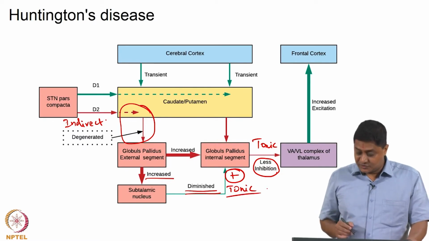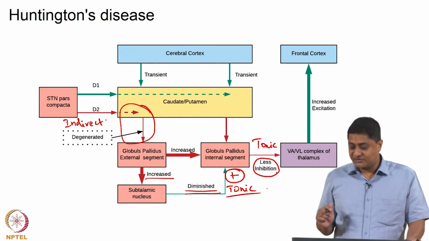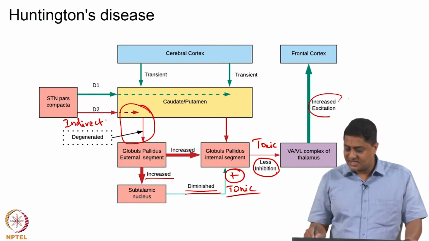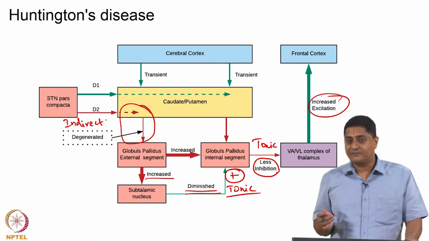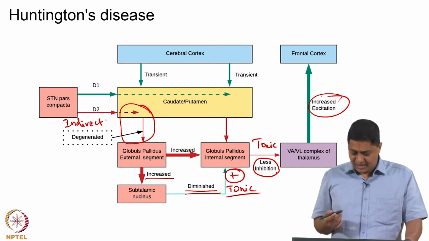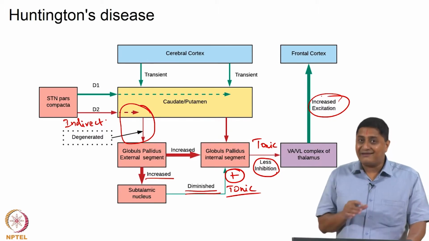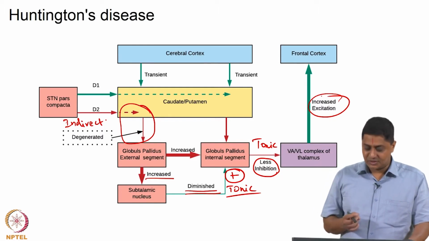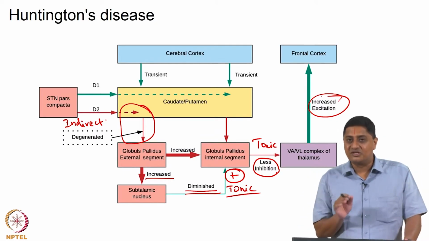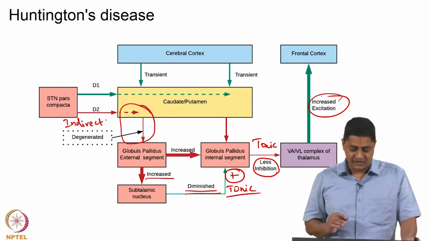a situation is developed in which the amount of inhibition that is received by the thalamocortical neurons is reduced. Because of this reason, there is an increased excitation at the cortex level, leading to unwanted movements being performed, unwanted dance-like choreiform movements being performed. However, this model is too simplistic. There are specific cases when this model cannot explain the actual details. Let us remember that this model can only do so much justice. A lot more research is required for an actual deeper understanding of the pathophysiology of this disease.